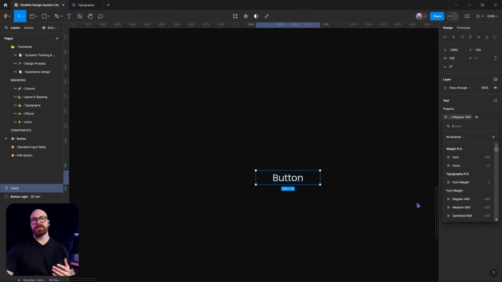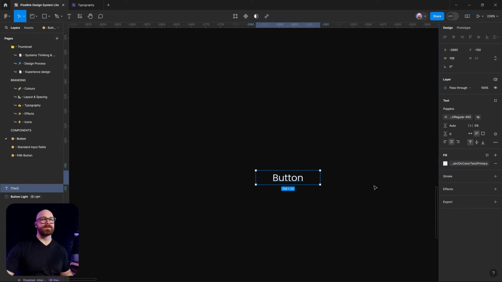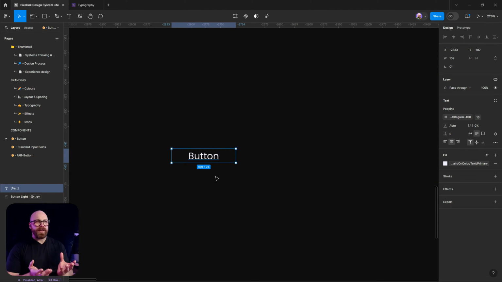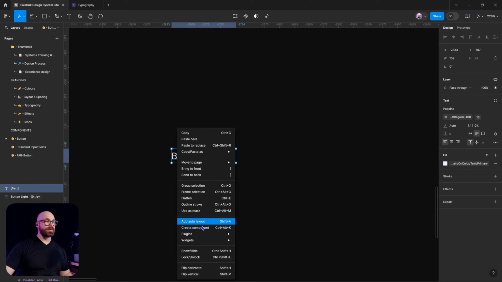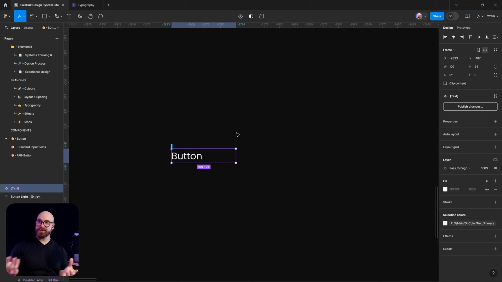Now I already have a size font scale and I will apply my medium, but we can't change the alignment within this right here, which is very annoying. What I can do is I can actually create a component. We're going to set this up with variables. So I'm just going to call this the button